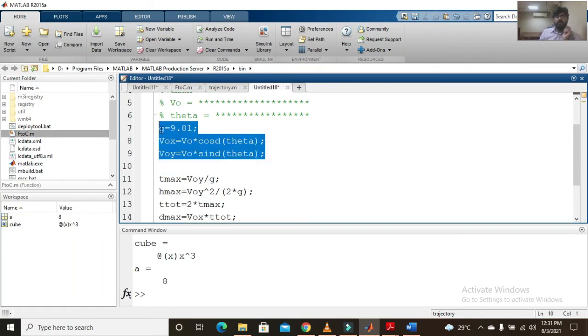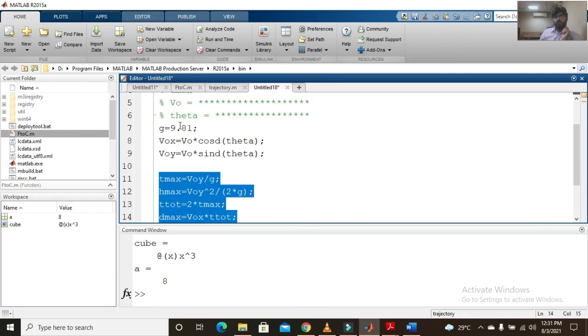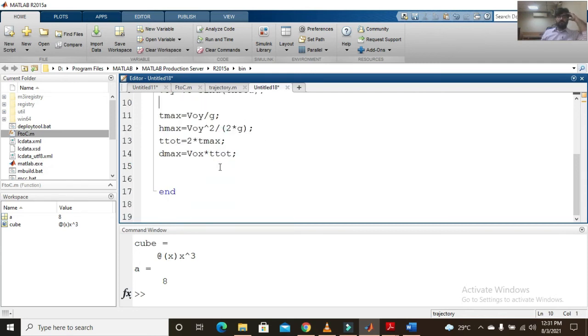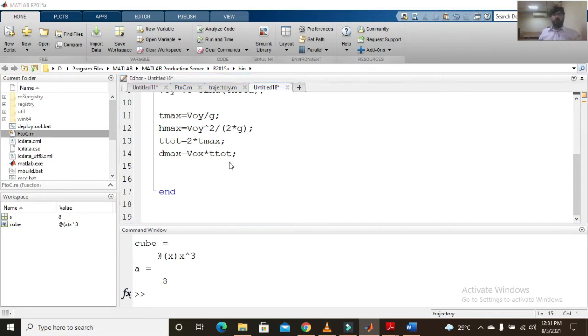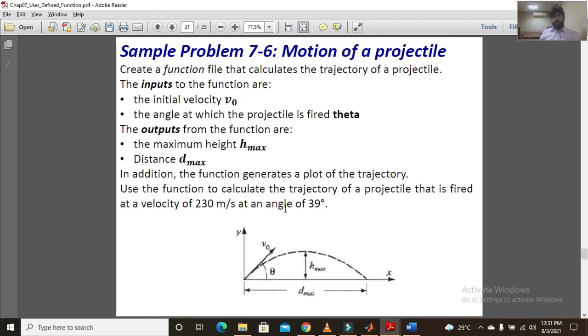The first three were the inputs which will be used here, so I have defined them first and then the other formulas. Another thing you must know is that, in addition, the function should generate a plot for the trajectory as well.